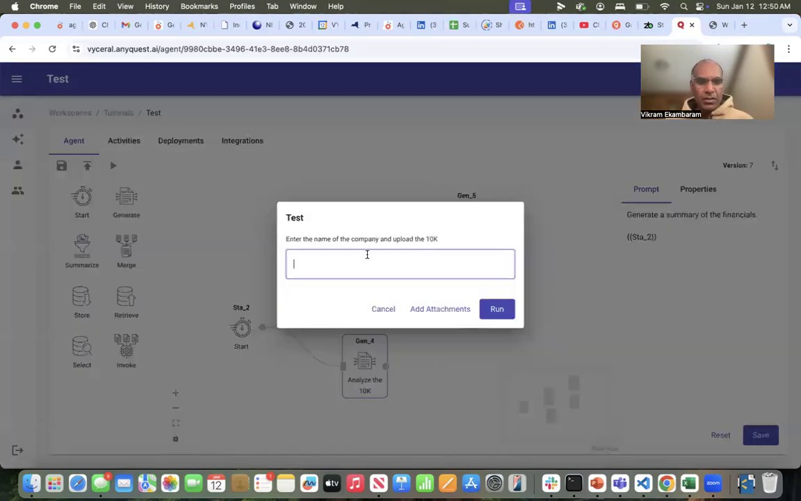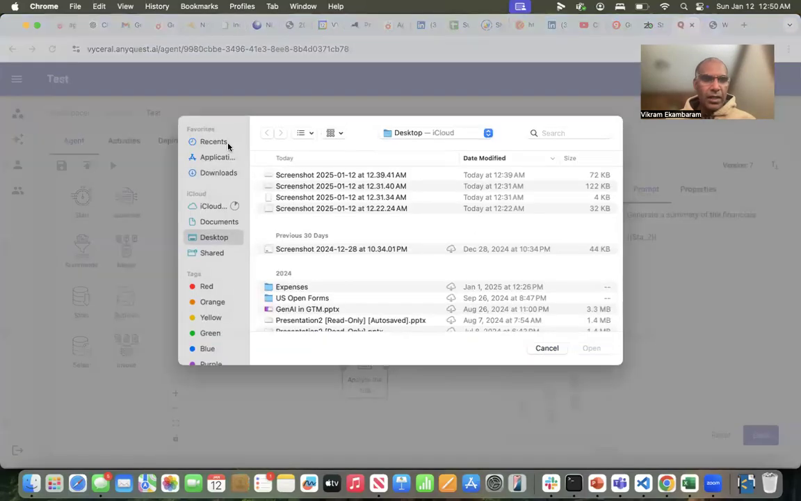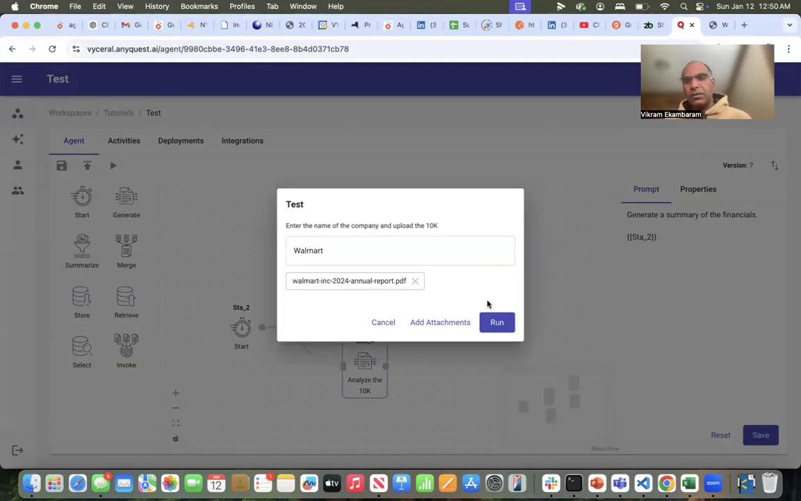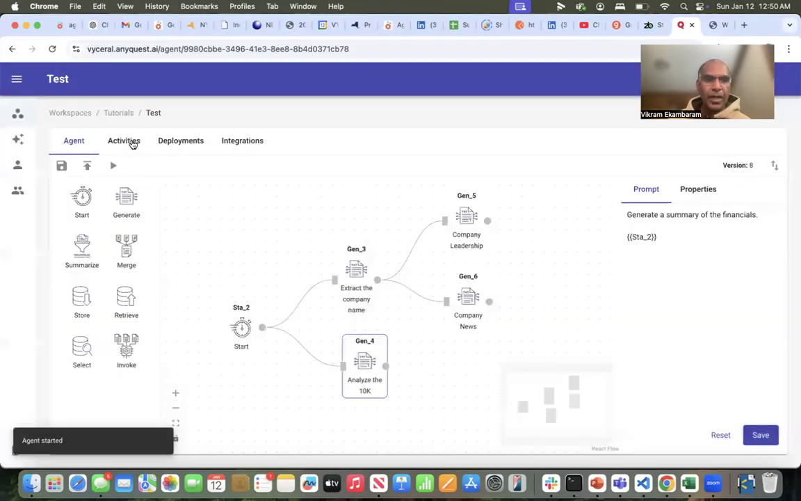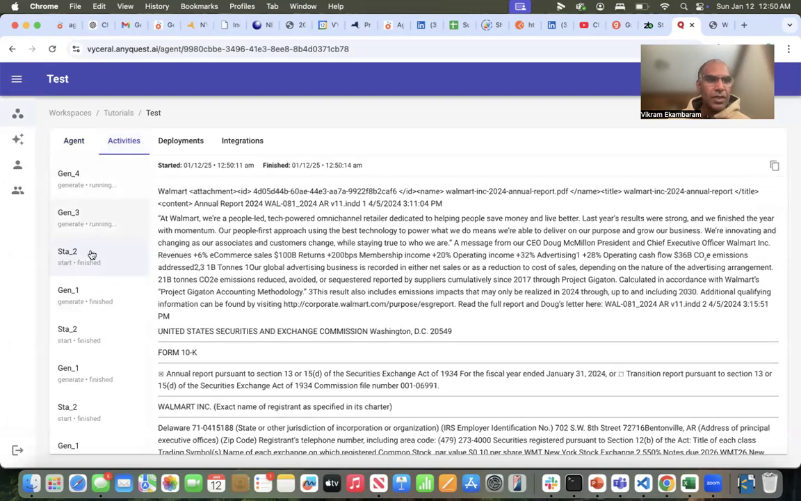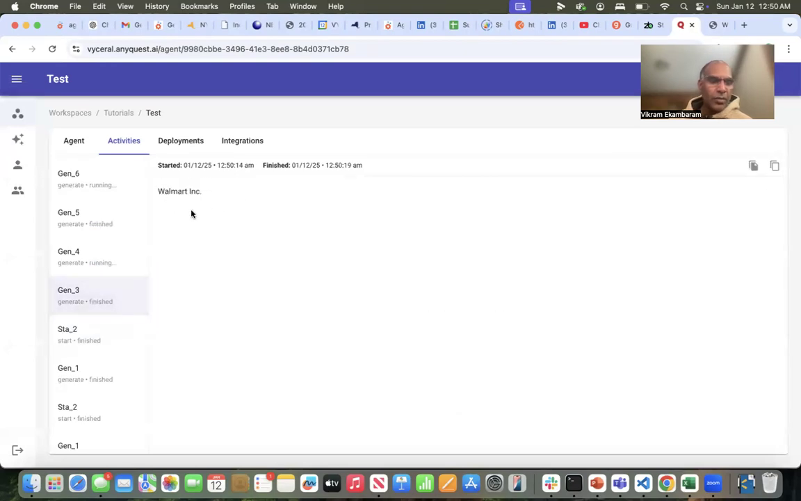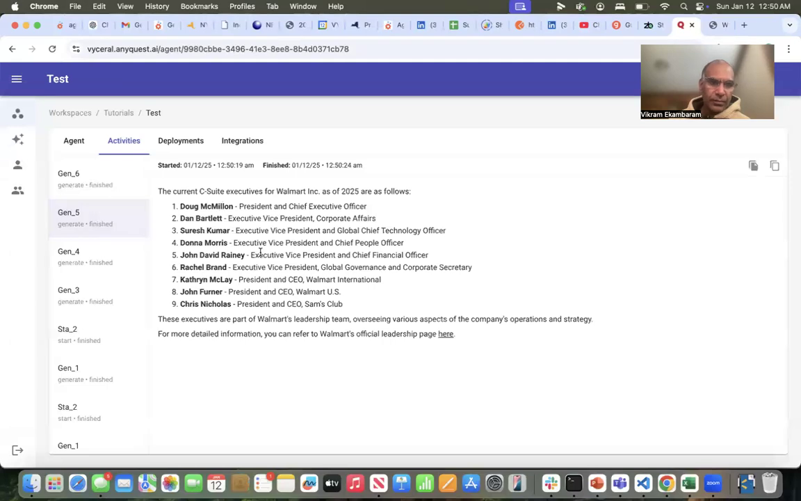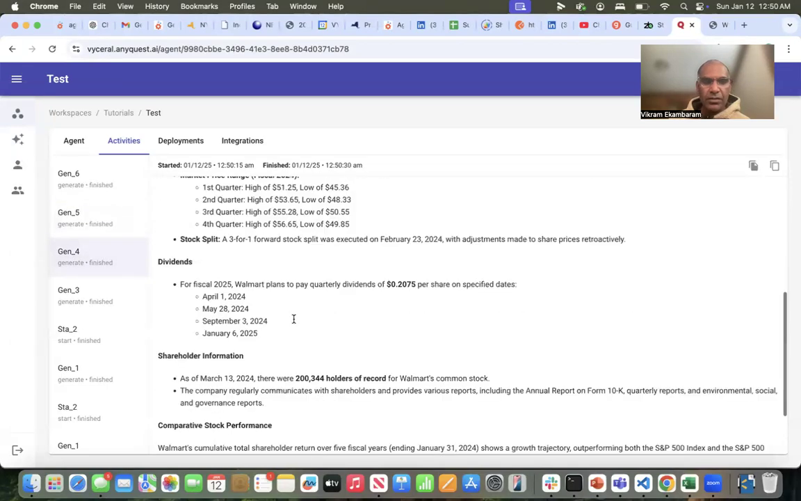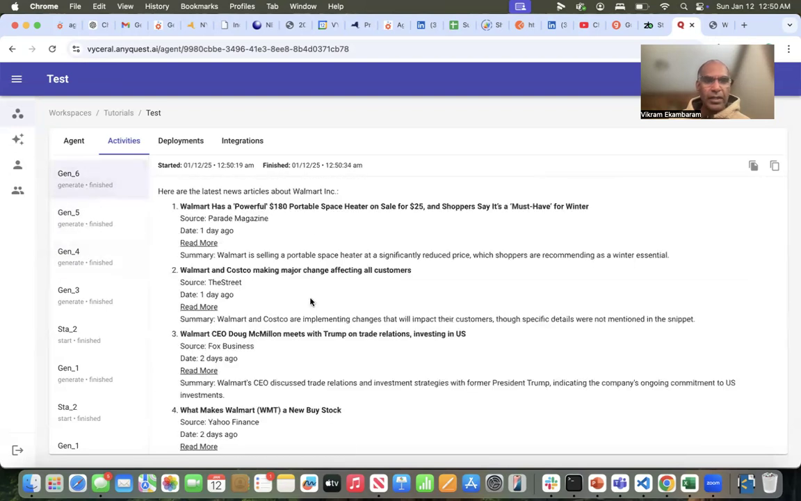And if I were to now run this, and if I were to say Walmart, and I've just downloaded the 10K for Walmart, which happens to be a 100-page document. And when I now go to my activities, you'll see that this is the company name I passed. Everything else in this attachment object is a 100-page document about Walmart. And very quickly, you'll notice, pull the company name out, Walmart Inc., and then C-suite executives. It's finding out the latest news and financials. This read the document, pull that one out, and then you're going to see